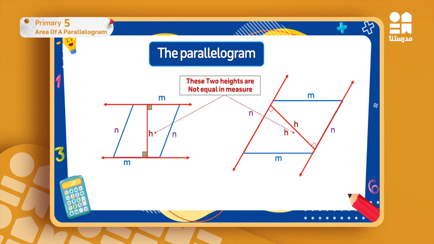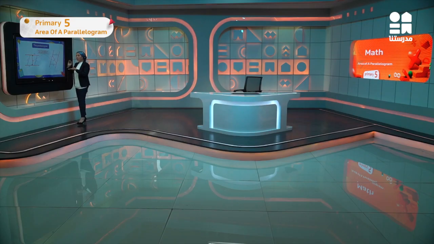So here those two heights are not equal in measure, which is what we just said, because the length between the two sides is different, so the height will be different. When the distance between them is small, the height will be short; when the distance between them is large, the height will be large. Okay,